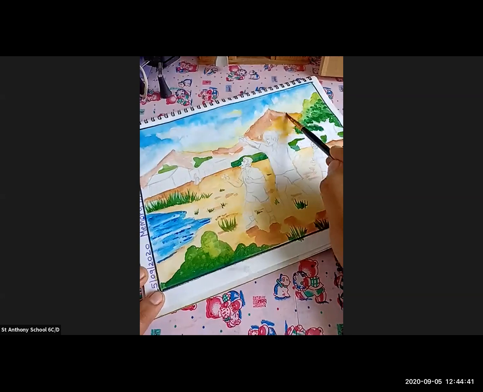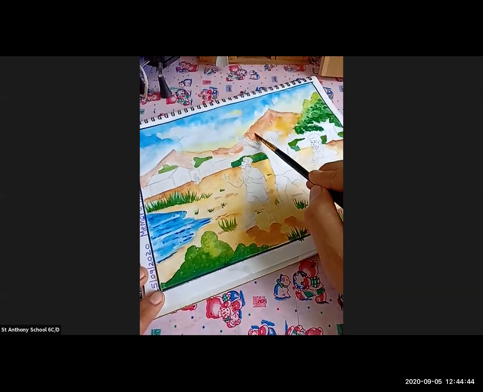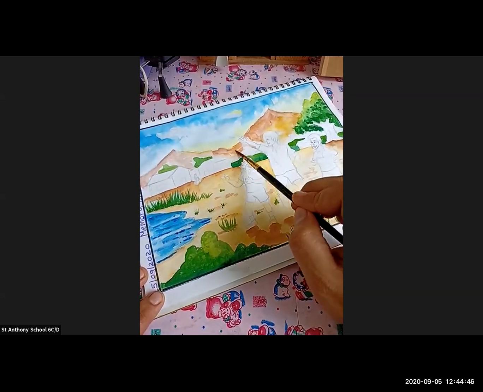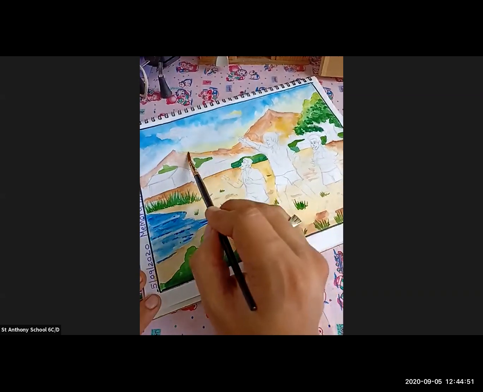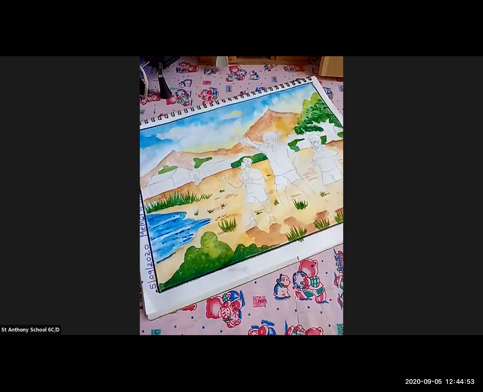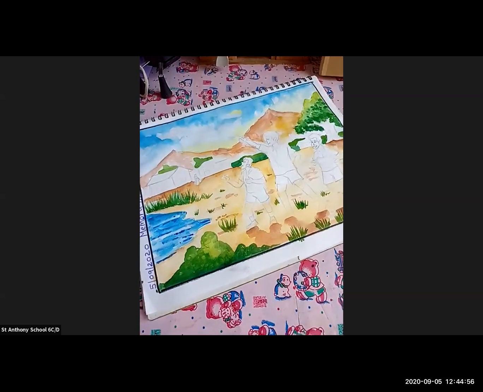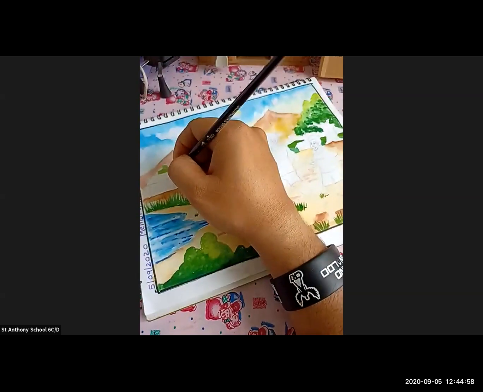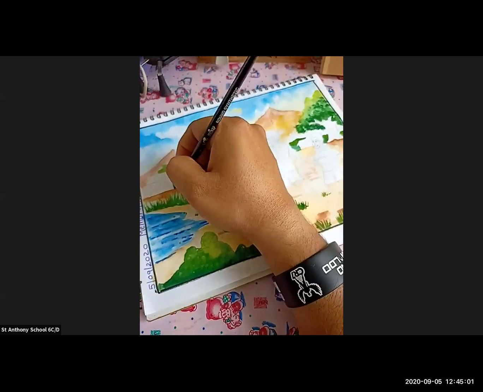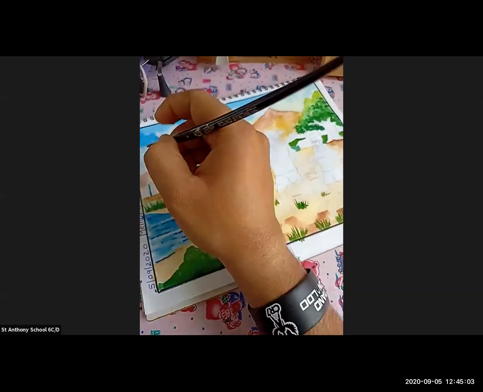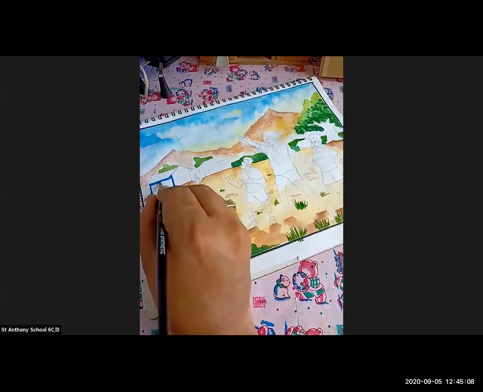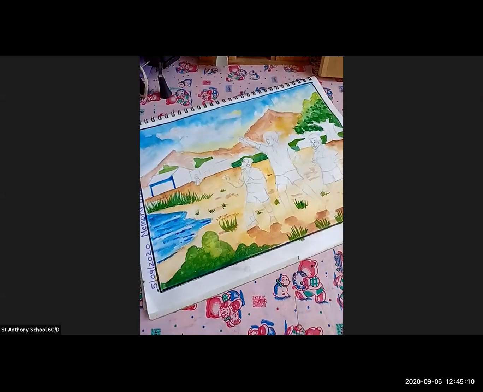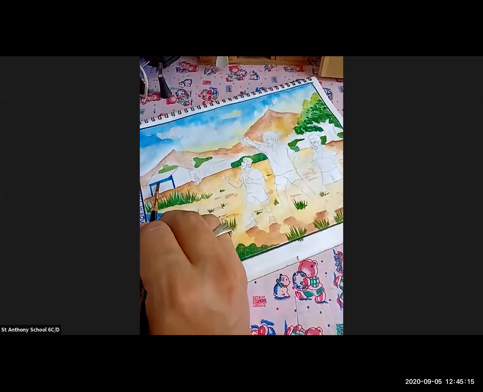And then afterwards, as you complete all those things, we are going to color the house. At the end our house is there, so we are going to color the house with blue. Here I'm going to give the proper shade of blue, and after this blue I'm going to make some dark blue shade over here.